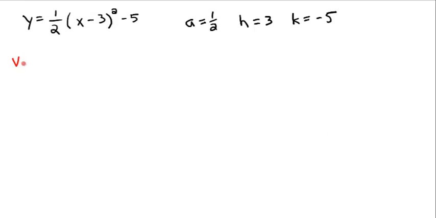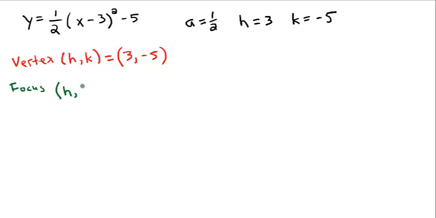The first thing would be the vertex. So that's H comma K. And we know our H is 3. And then our K is -5. So that's that. Another thing we could do is our focus, and that point is going to be H comma